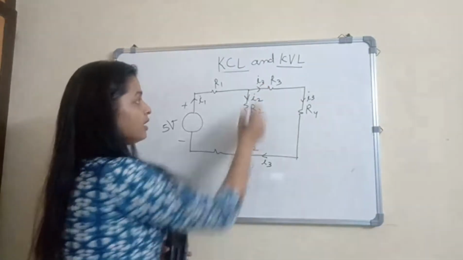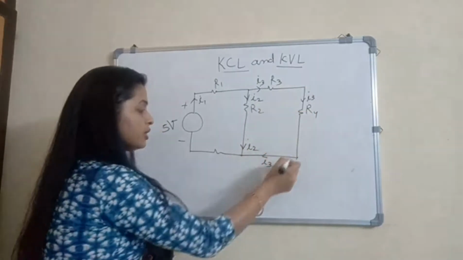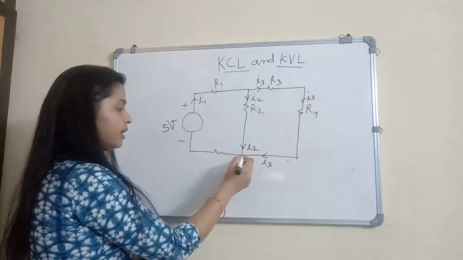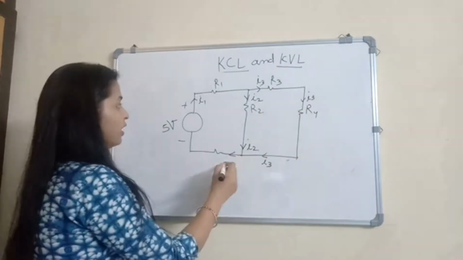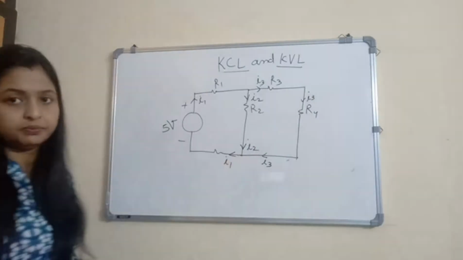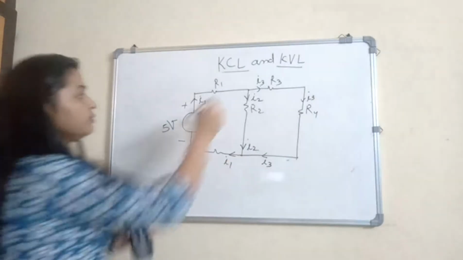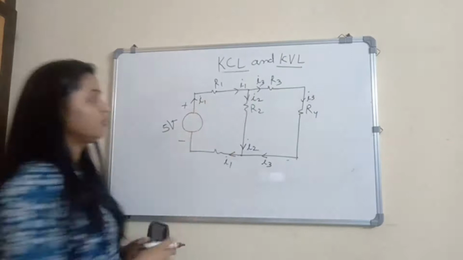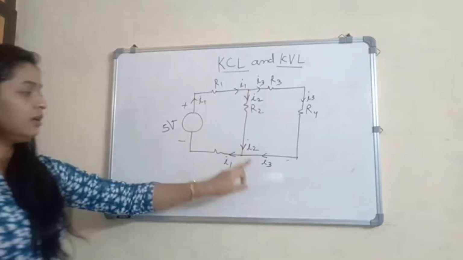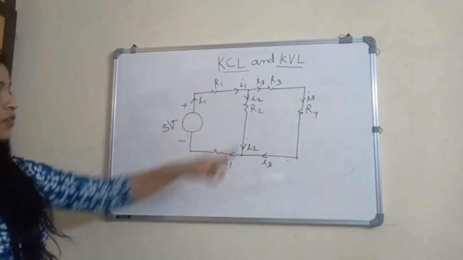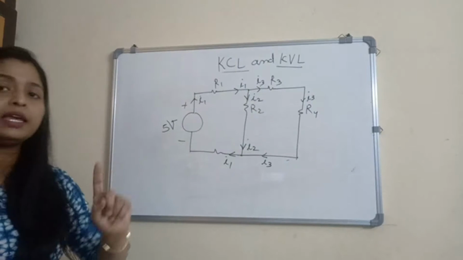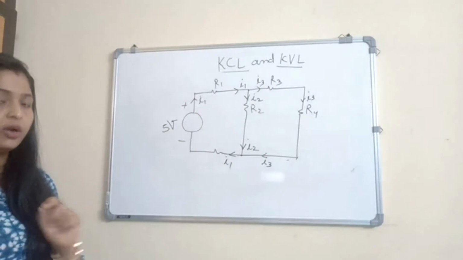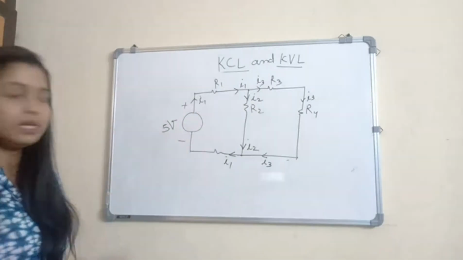Again, I2 and I3 come here, through this complete branch, and they combinedly flow through this. Now again it converts into I1, because it was I1 here. It was divided in parts, and again combined in a part. So this is the way the current is flowing. So I can apply my Kirchhoff's voltage law and Kirchhoff's current law in this similar circuit.